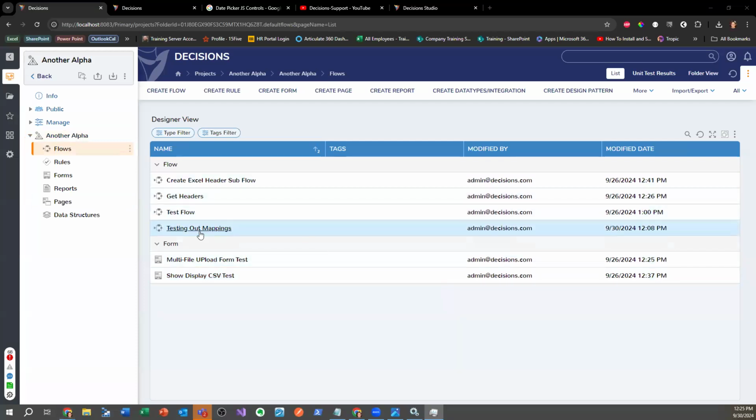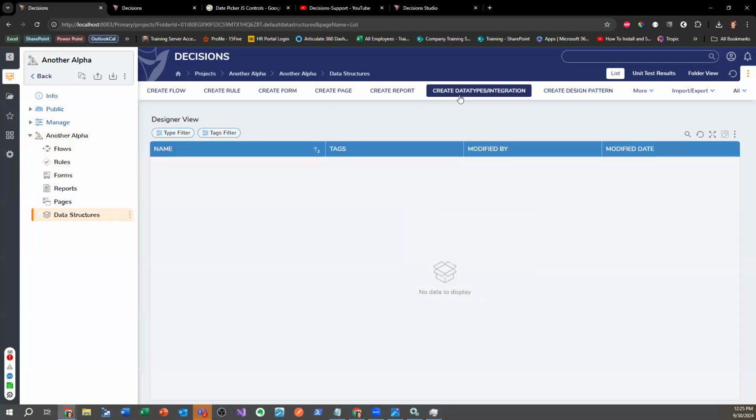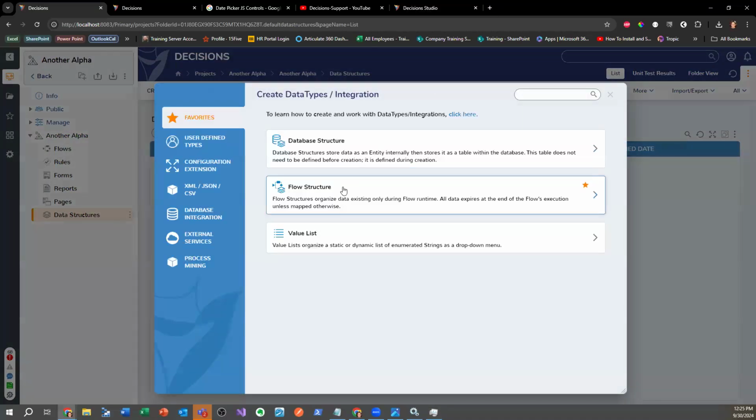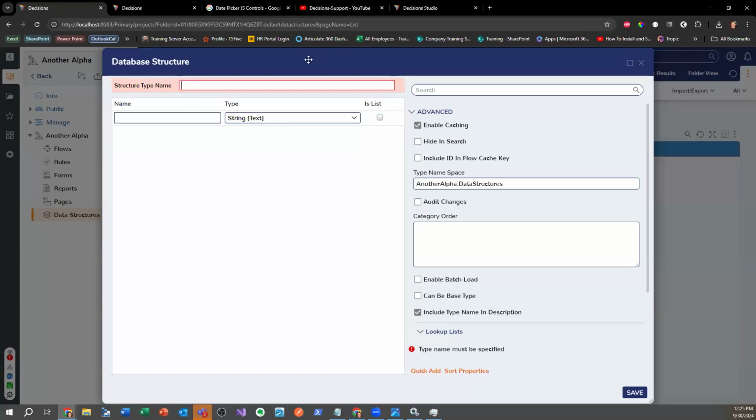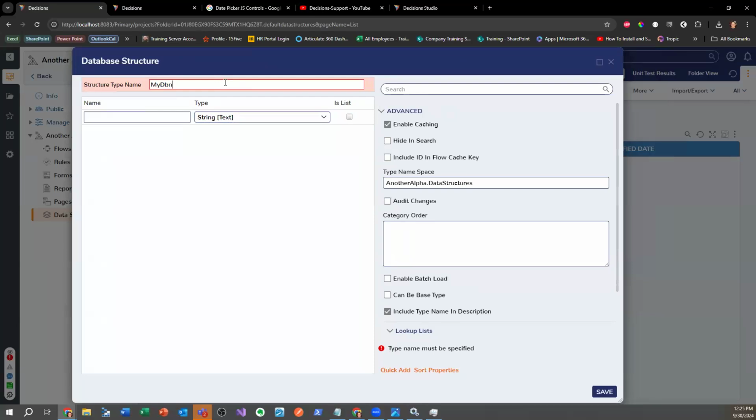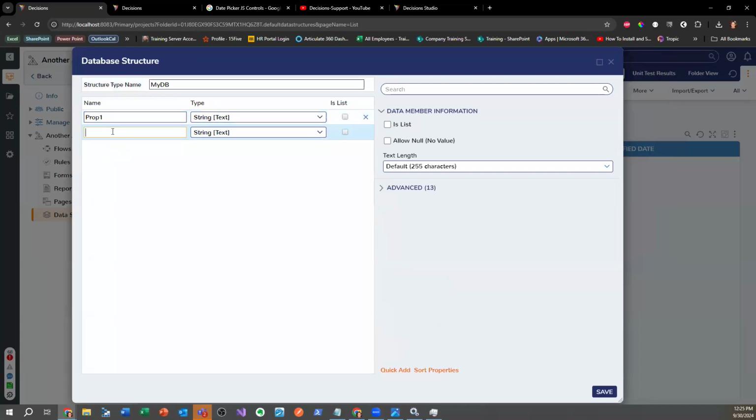If I go into here and let's say I create a database structure. So what this means is there's certain data structures that will allow you to utilize a configuration folder. By default, a database structure does not have one. But if you want to use the after save, I'll say this is my DB, and I'll call this prop 1, prop 2. Then what you can see here is